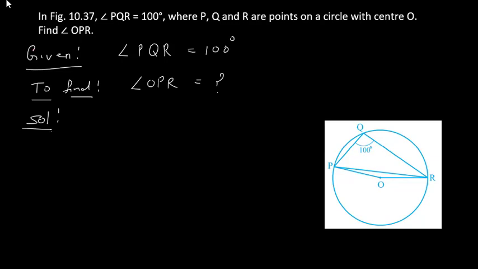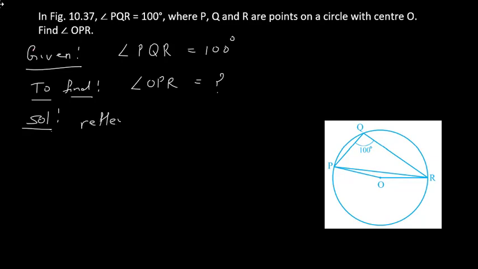As you already know, this chord is on the upper side of the semicircle and this angle PQR is the angle subtended by a major arc. So the angle made by this major arc PR at any point on the circle will be half the angle at the center, so the angle at the center is double. So I will say that reflex angle